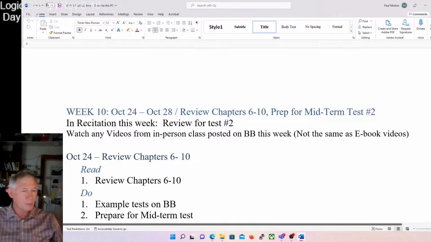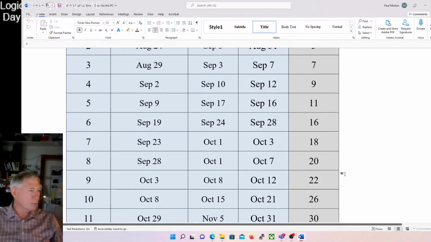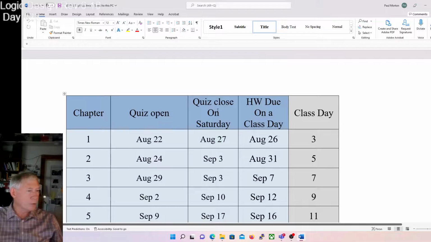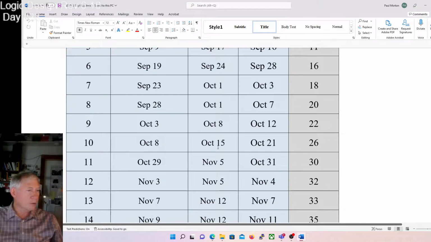Okay, let me look. If we go down to the end, this gives you the whole table. So, end of chapter quiz. Quiz closes on Saturday. So quiz 10 closed on the 15th. That was Friday. And then you don't have a quiz until November 5th. And you have 2 on November 5th. That's goofy.